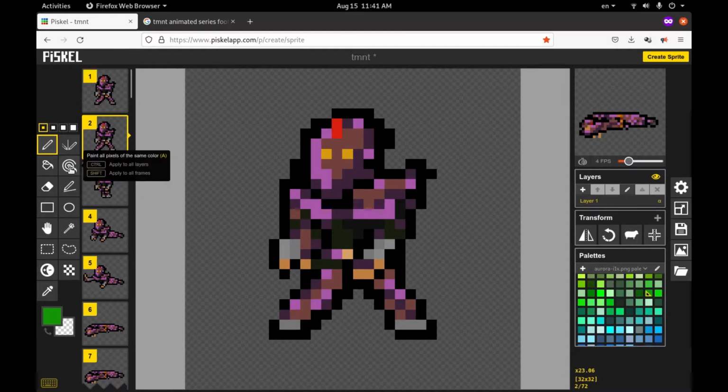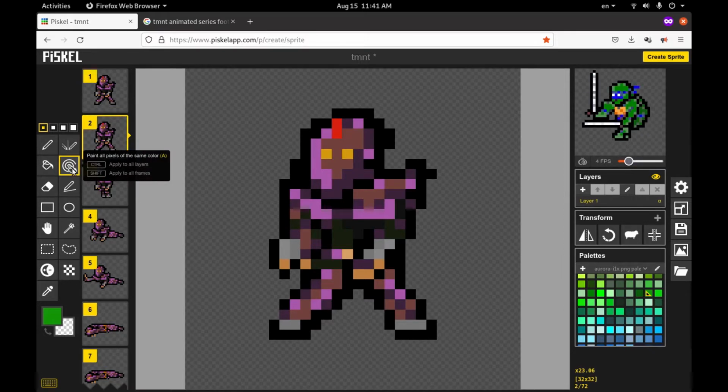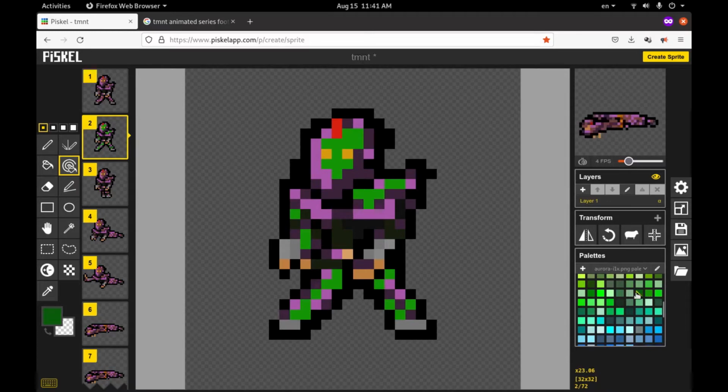So I can click this tool here, and I can change the reference image. For this button, for all the instances of this color, this will change. So when I click here, this color will change. I click this darker color, that color will change. I click this green here, that color will change. And that's pretty much it. That's another Foot Clan member. You can do the same. You can duplicate this